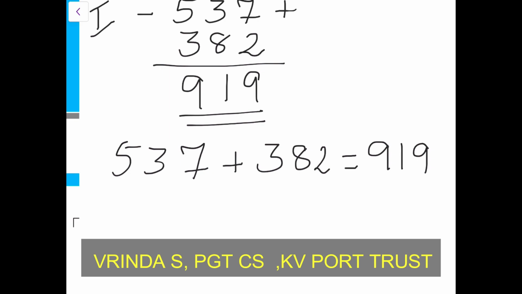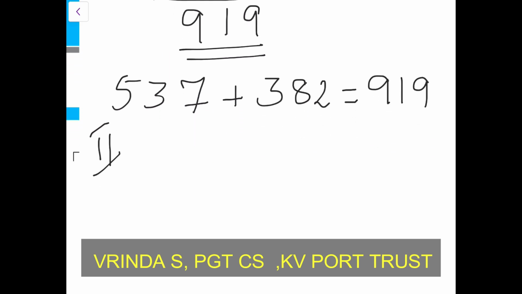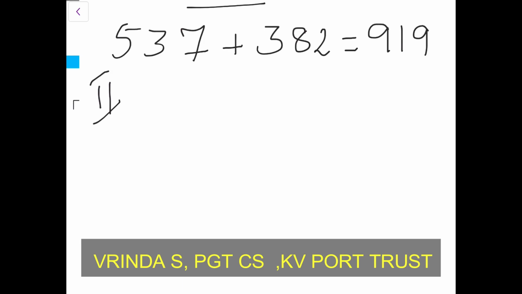Okay. Now let's do the next method, that is by estimation. Instead of doing all these, we can go for estimation. Let's estimate this 537 to the nearest hundreds.